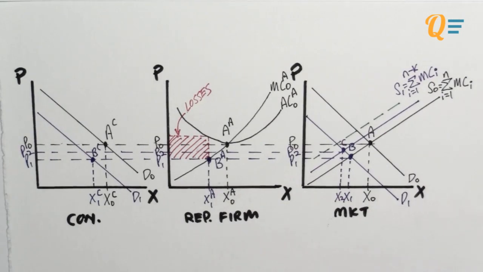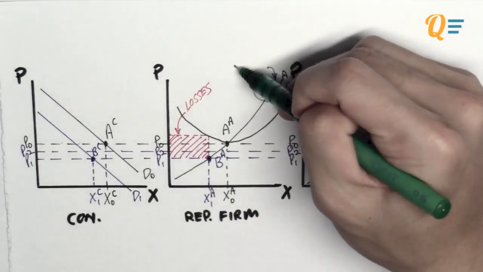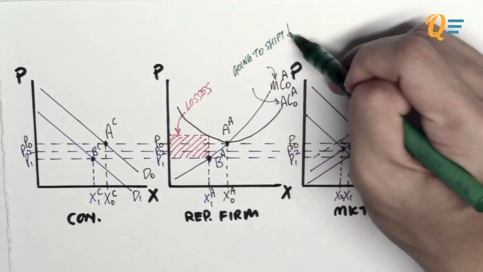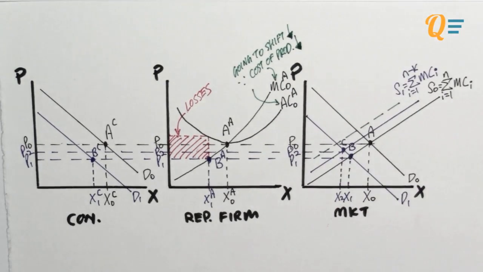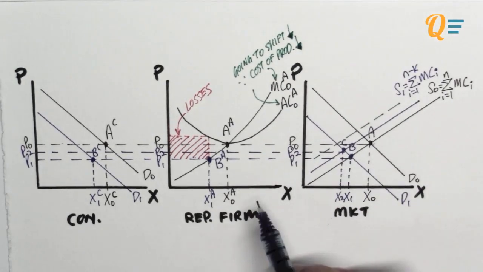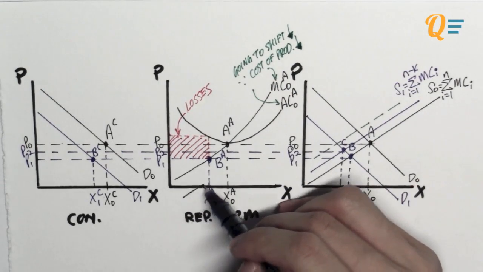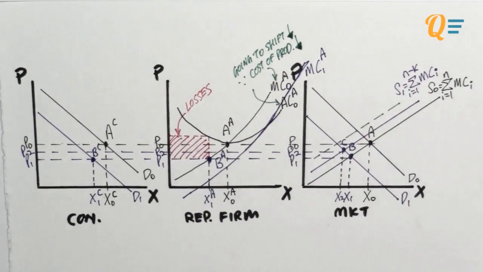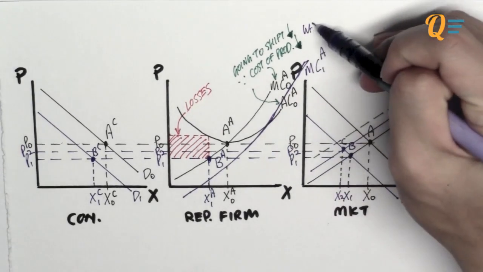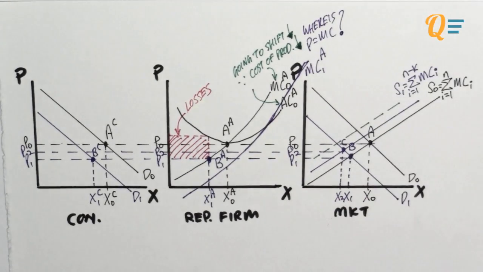I've recreated this graph so that you can see it clearer. Now, what you know is that the marginal cost and average cost curves are going to shift down because there has been a reduction in the cost of production, right? So the MC curve is going to shift down. Let's just shift the MC curve first because the AC curve is pretty straightforward. Now what you're going to ask yourself next is, where is P equals MC?